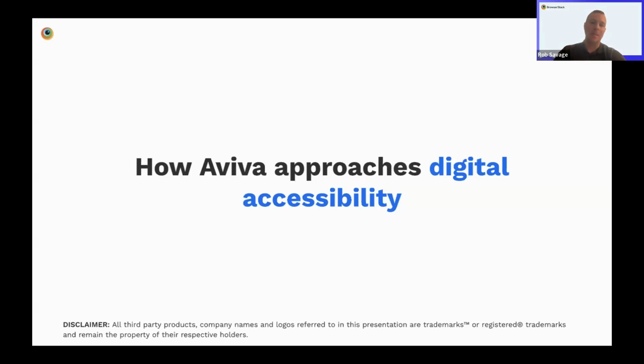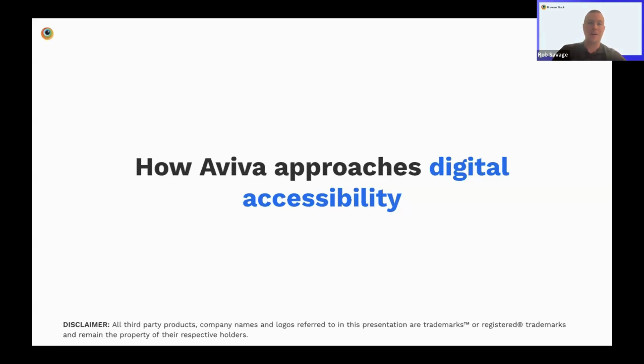You need experts. If I could give one takeaway that I've learned, it's that you need to treat this a bit like security testing or pen testing. For pen testing, you wouldn't ask your testers in the teams to also do the security testing. You get in some experts to do that, whether you've got an internal team or you outsource it to a third party. And accessibility should be treated in the same way. So that's what we did.